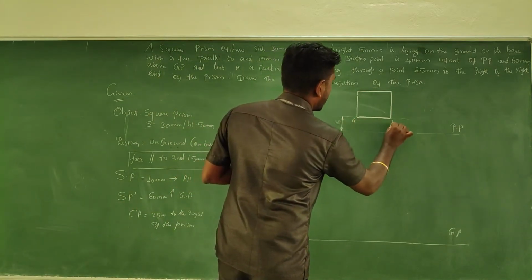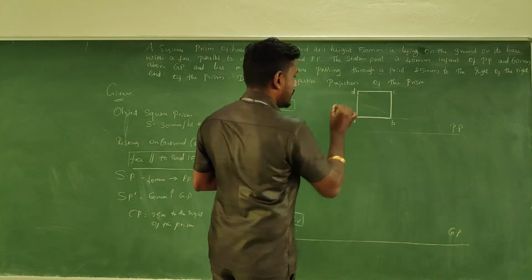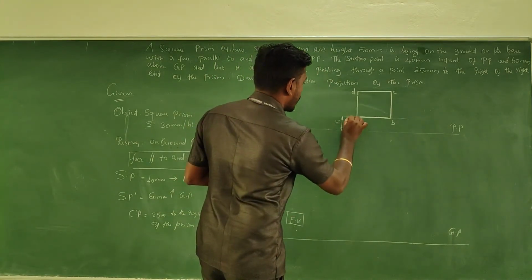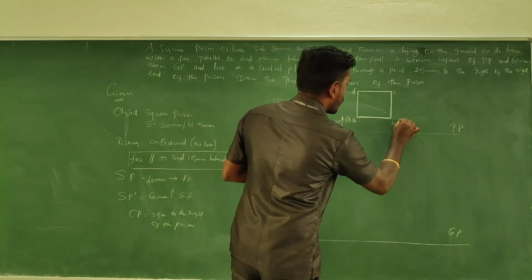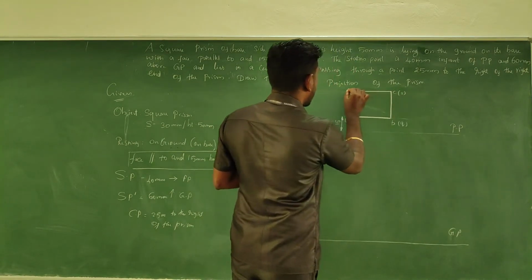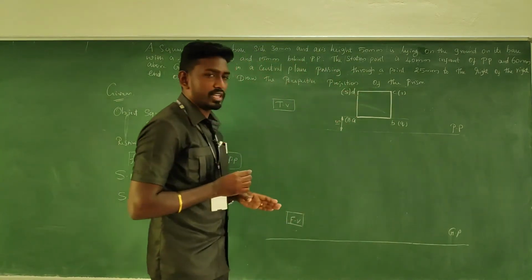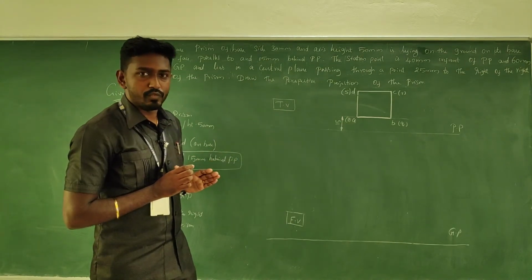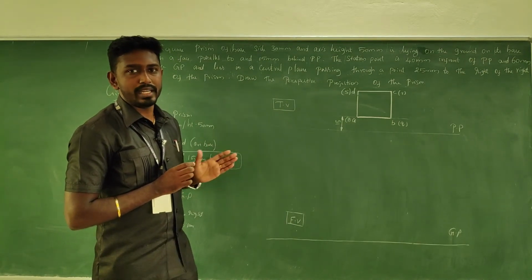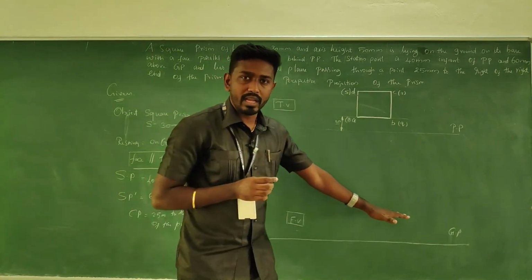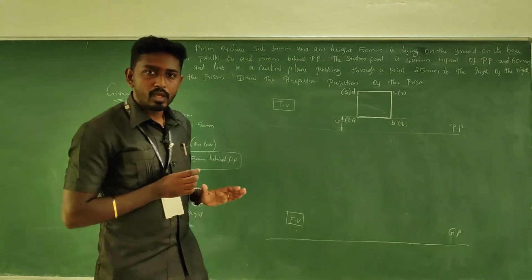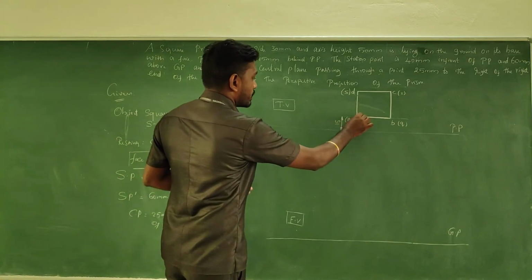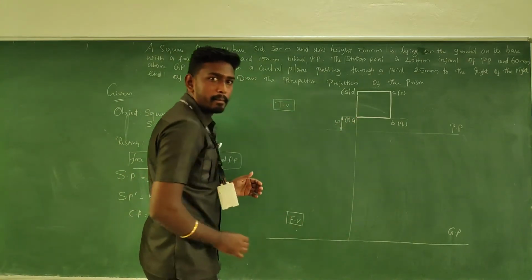So A, B, C, and this is D. Bottom base P, Q, R, and S, which is invisible, taken inside the bracket. That's all. Coming to the next view, the front view. How will you take the front view? That we capture on the ground plane. So it is so easy. Just take the projector.